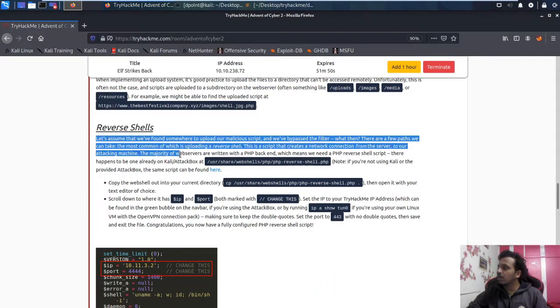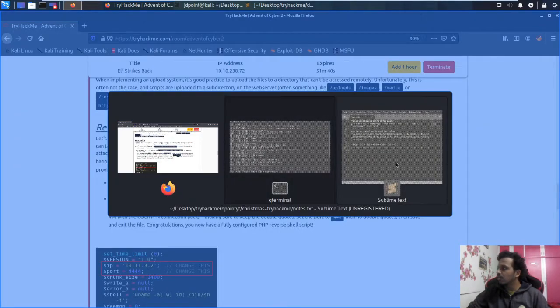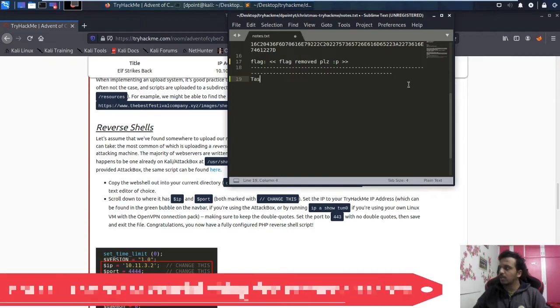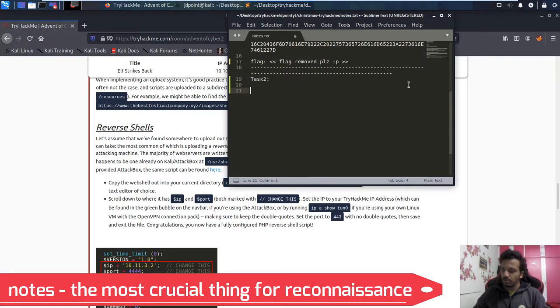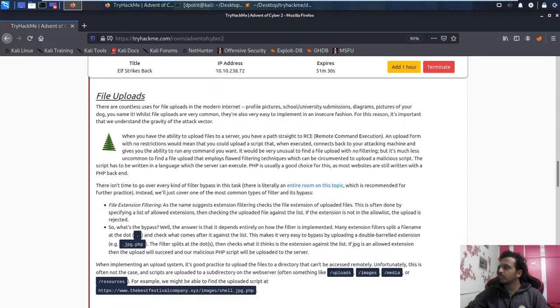Then we are going to do the reverse shell. Before starting anything, let me just copy this. Let's create task 2, and our remote host is nothing but this. And what will be our local host?